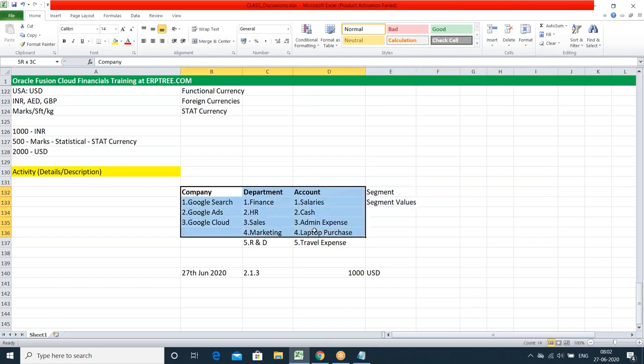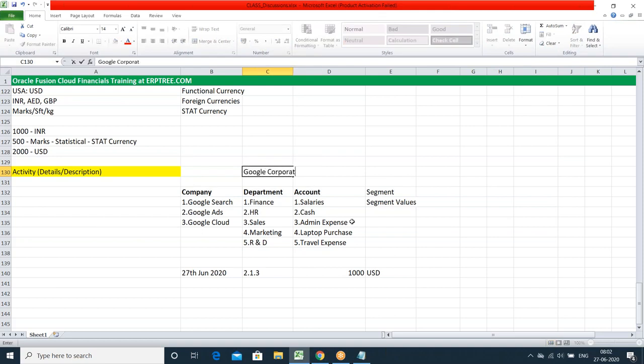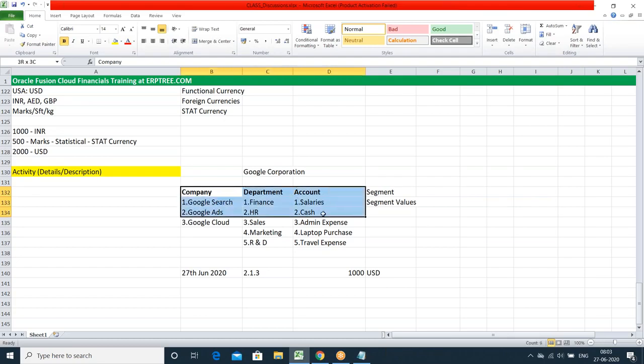Now, this complete information belongs to which organization? Say this complete information belongs to Google Corporation, for example. For this data, the title is company. For this data, the title is departments. For this entire data, these companies, departments, and accounts belong to which organization? Google Corporation. So this title, if you are going to give it in the system, that we call as,